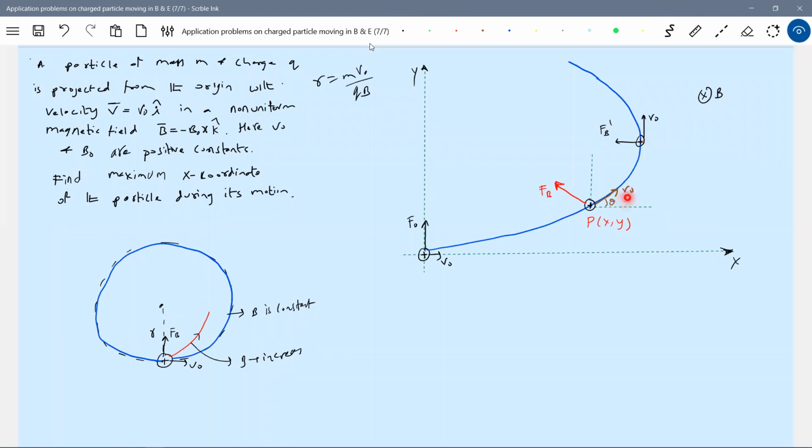Let's get into this one. So altogether, look at the particle. So shall we say that there is some sort of acceleration. Earlier the x component, y component of velocity was 0 initially at the point of projection. It was projected horizontally. Somewhere it will take a curvature like this.